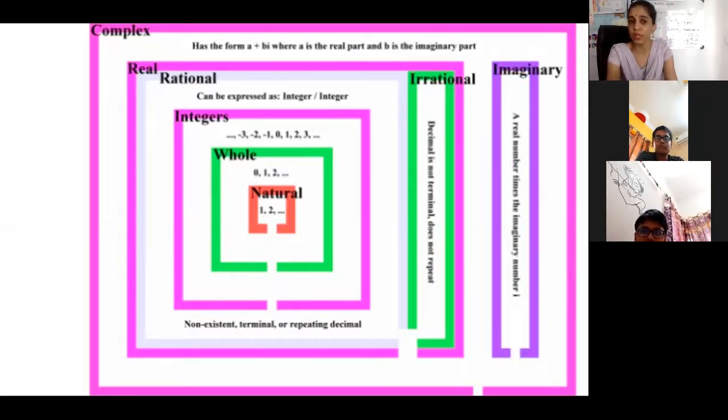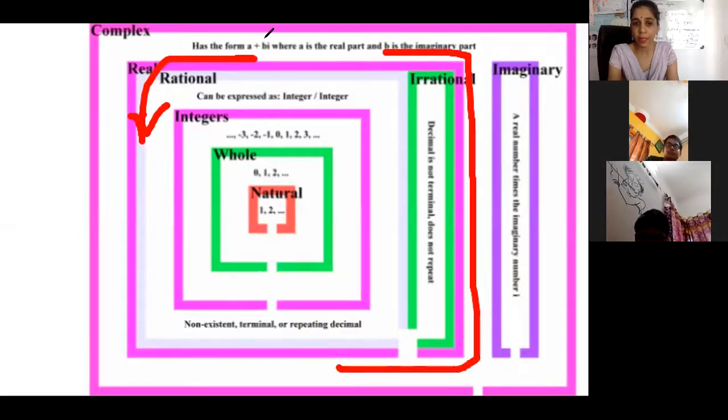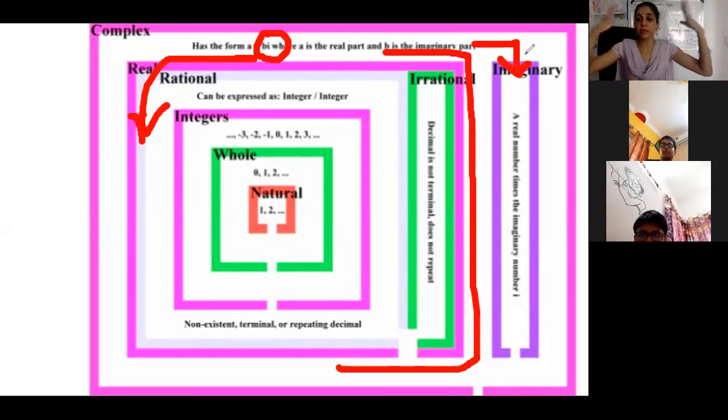If it is real, then it is not imaginary, and if it is imaginary, then it is not real, and together combining the real part and imaginary part will make a complex number, which you have written as a plus ib. So this is the complex number, and this a is the real part, which can be anything up to this. And in ib, the b is the imaginary part. So basically you can see complex numbers is the superset, it comes outermost, right? So complex numbers are the superset, and the subsets are real numbers and imaginary numbers.